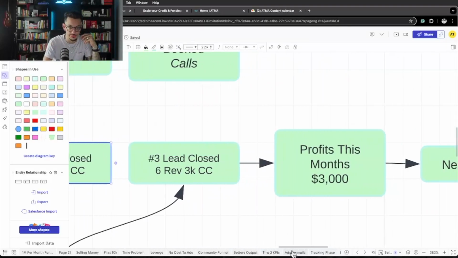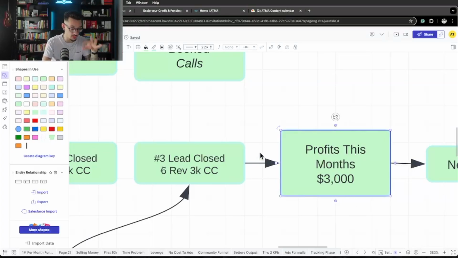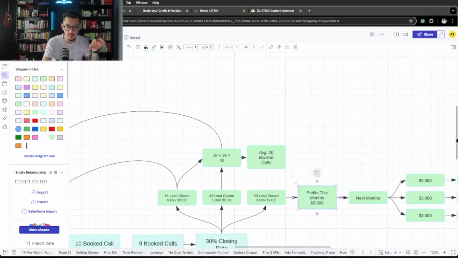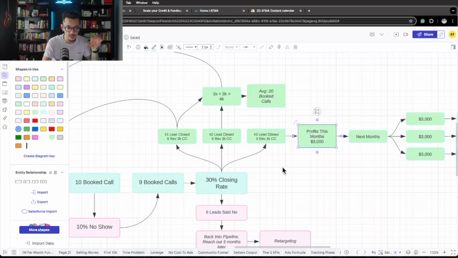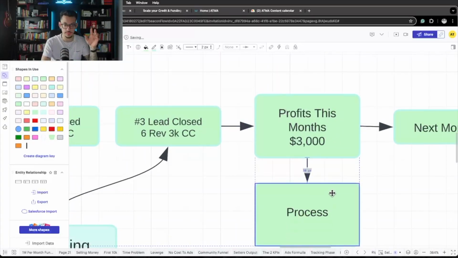Now we go into this lead, right? This is your actual profit. So this week, you actually profited $3,000 from this whole transaction, from this mini funnel that I'm showing you here. You made $3,000 profit. So this is what you keep in your,